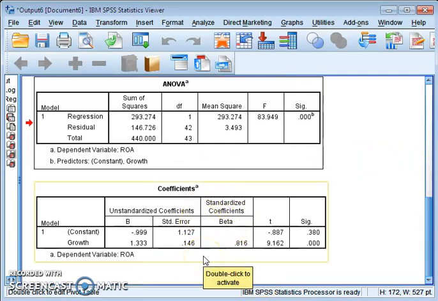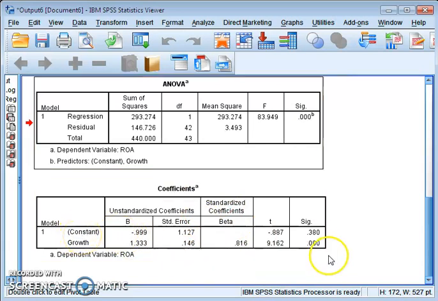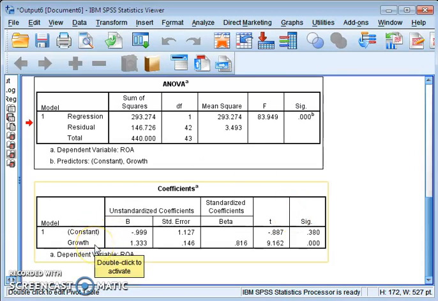Now there are two rows in this coefficient table. One is constant, second is growth, if you can see. Simple, just remember: if you remember the regression equation, that was y equals a plus bx plus e, where e is error, or simply we can say the regression equation is y equals a plus bx.